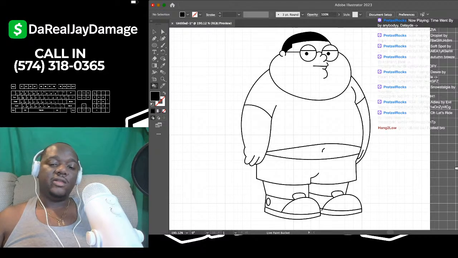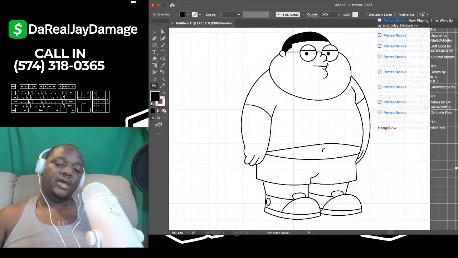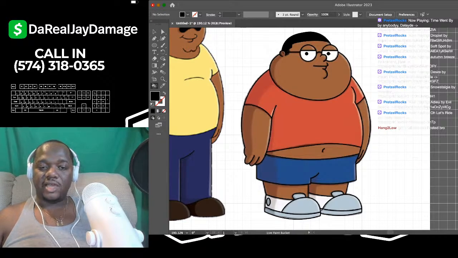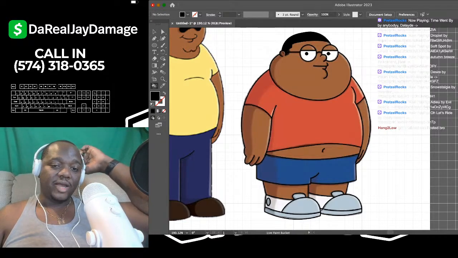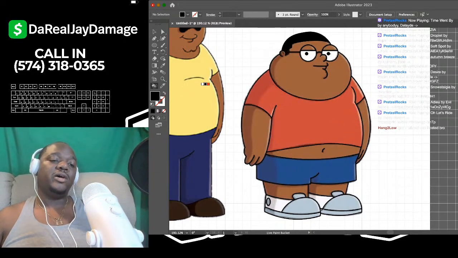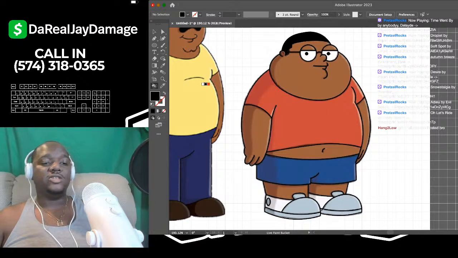Once you double click it, where it says dim images 2, what I want you to do is change that 50% to 99%, then click OK. Once you click that, now your project has been brought back to life. I mean, not your project, your picture has been brought back to life. The only reason we did that is because we wanted to get the original colors of the design.